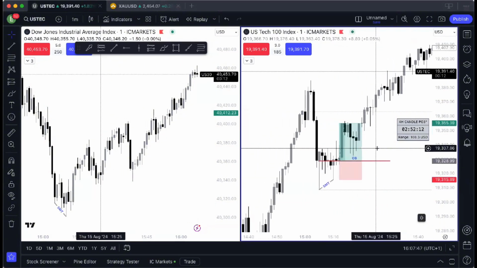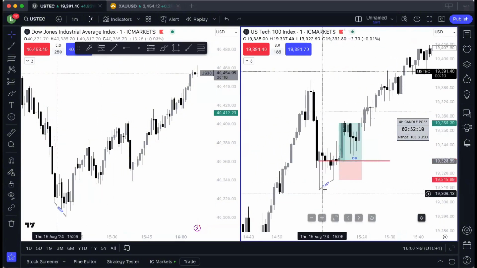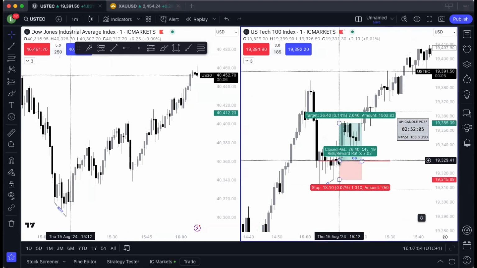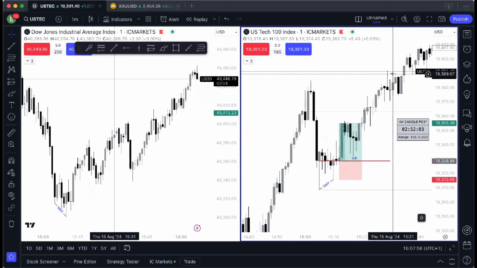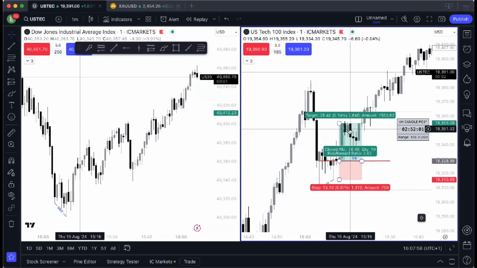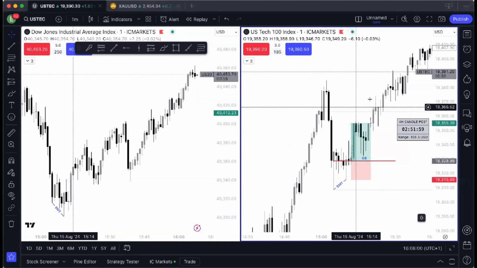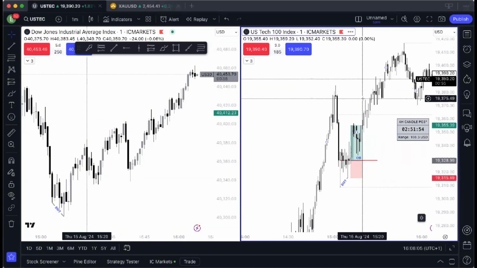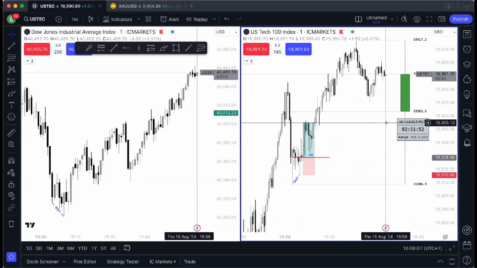Again, finding that manipulation leg, finding the SMT, finding the order block, getting that retest off the order block, and taking your trade from there. Okay, taking your trade from there, and that is all you need. It's not the simplest of my strategies, but once you do understand it, it is very, very profitable as you are